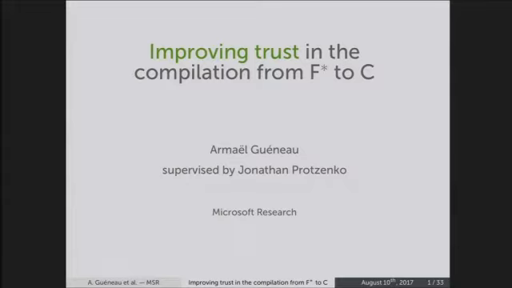All right, so this is the end of internship talk of Armel, who has been working with the Everest team for the past 3 months on generally improving, through various means, the trust that we currently put in our compilation toolchain. So as a quick background, we're trying to extract mTLS, our TLS library, to C,